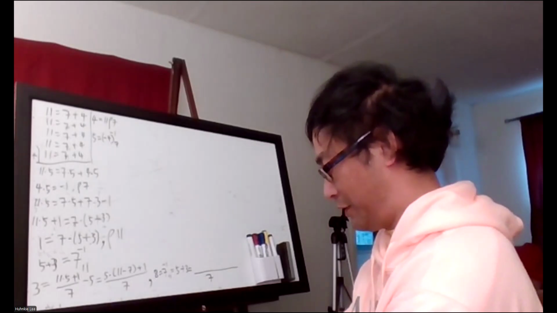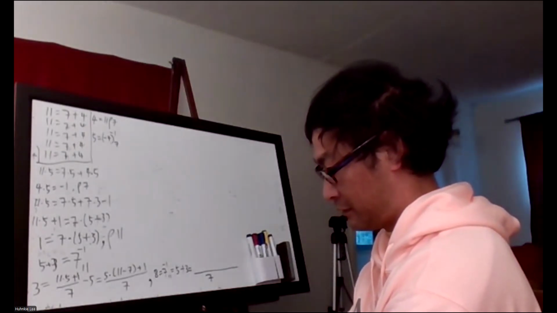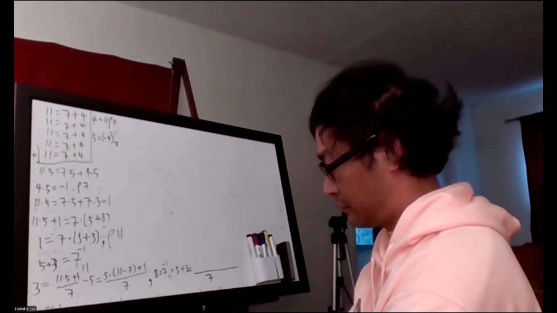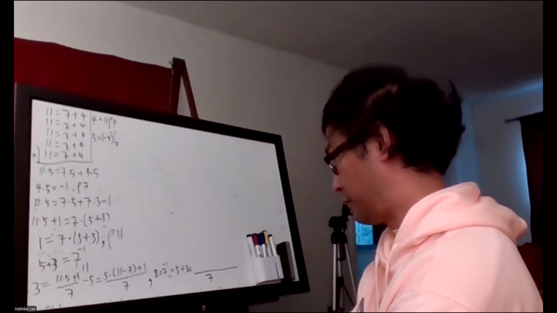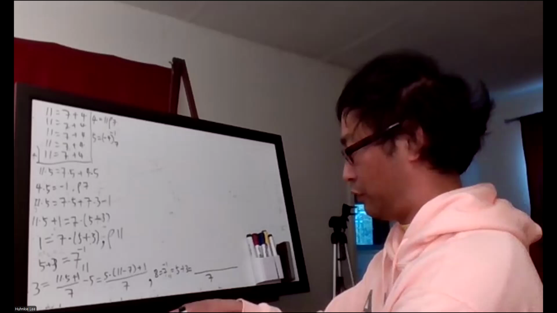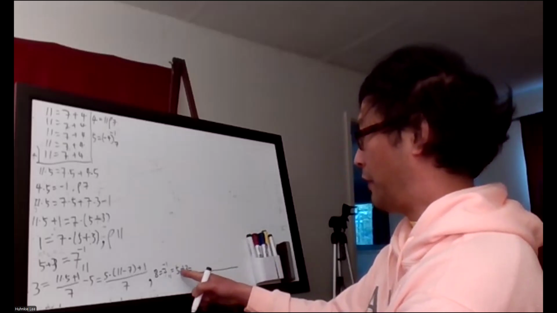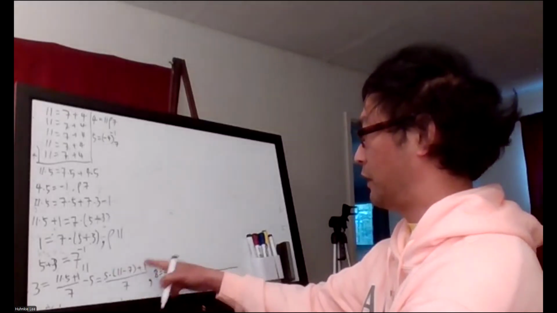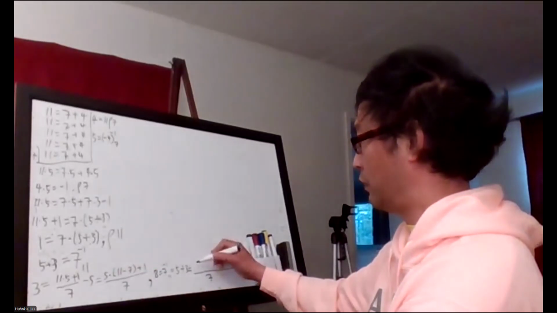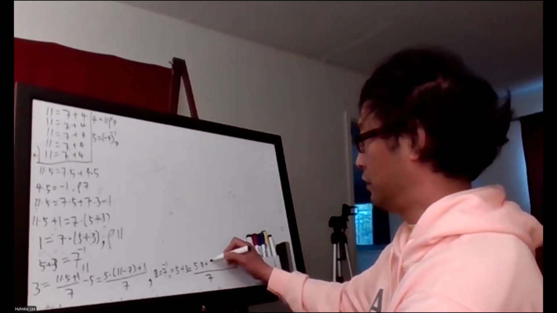Now I'm confused. But yeah, looking at the other whiteboard over there. So okay, 5 times 7. So 5 times 7, they cancel out. Okay, so it becomes 5 times 11 plus 1,